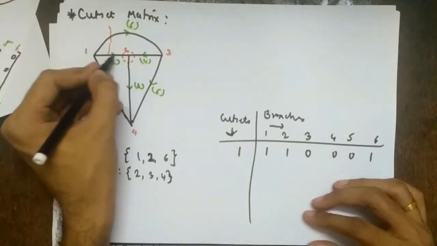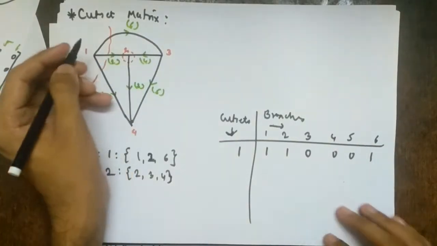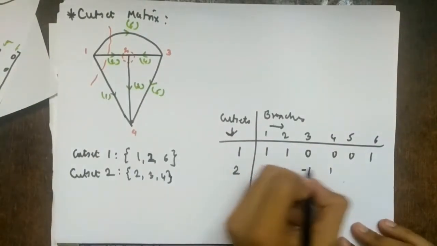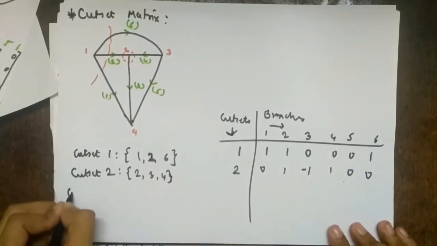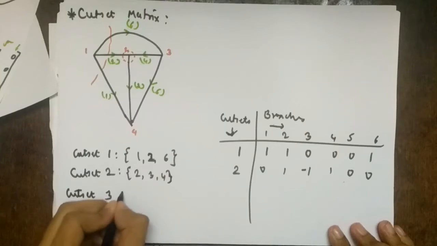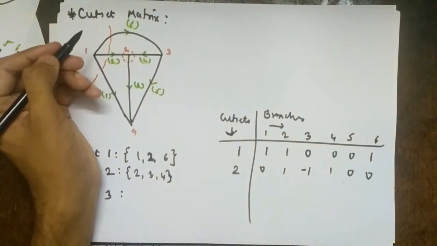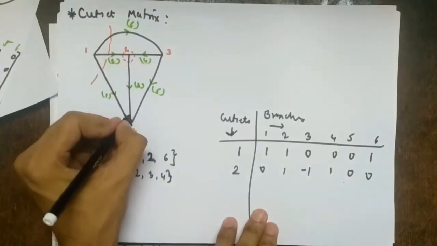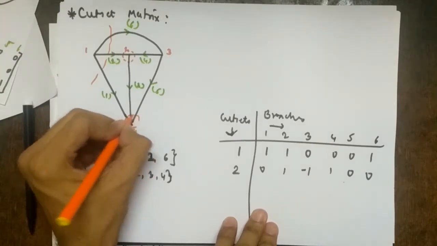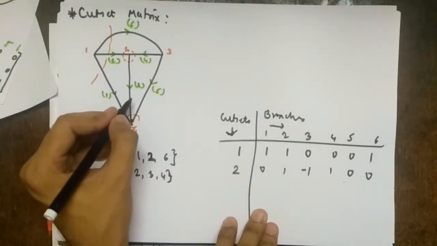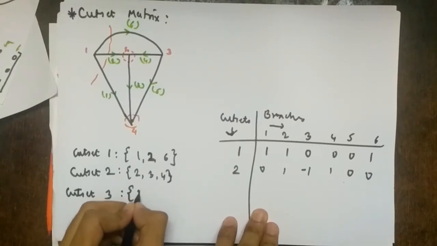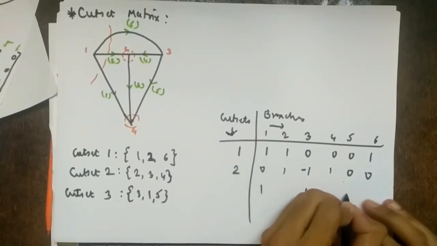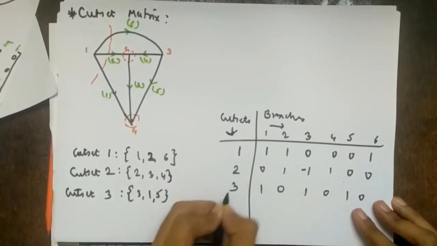So orientation of 2 is where? Towards the node. 4 is also towards the node. So 2 and 4 are 1 and 3 is away from the node. So 3 is minus 1. Right. So the rest are 0. Then cut set 3, again corresponding to the branch, right? Where is branch 3? Here. We have already taken this as a cut set. So the next node for 3 is like this, right? So what is it? 1, 3, 5, right? But it is branch 3, so 3, 1, 5, right? All are coming towards it. So 3, 1, 5, the rest are 0. This is cut set 3.